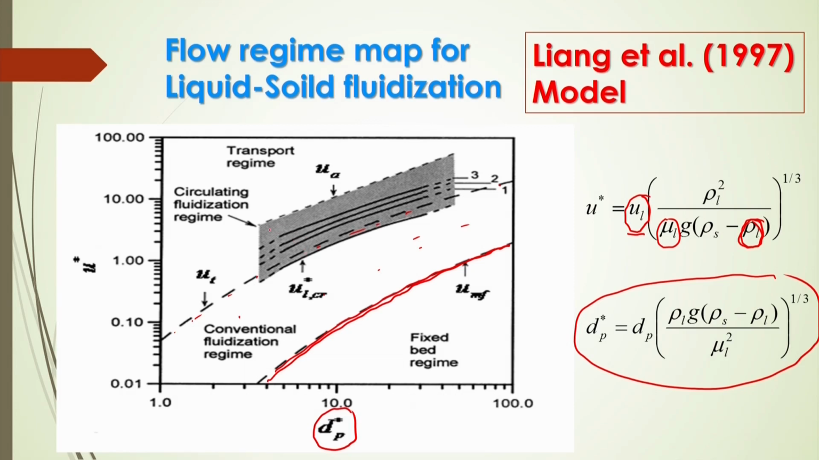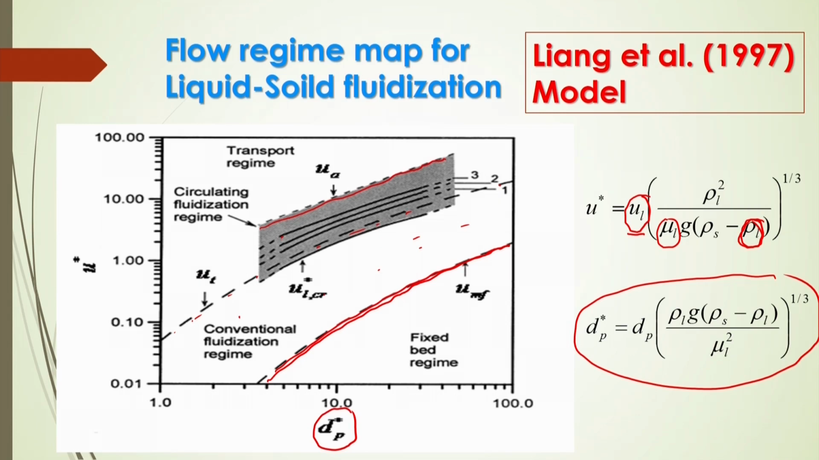Sometimes up to this region will give you the circulating fluidization regime. Even beyond this critical velocity that is represented by U A, you can get the transport regime, by which the solid particles will be transported upward by this high liquid velocity beyond this U A. Now, the important point is that here you can get different flow regimes just from this map by calculating